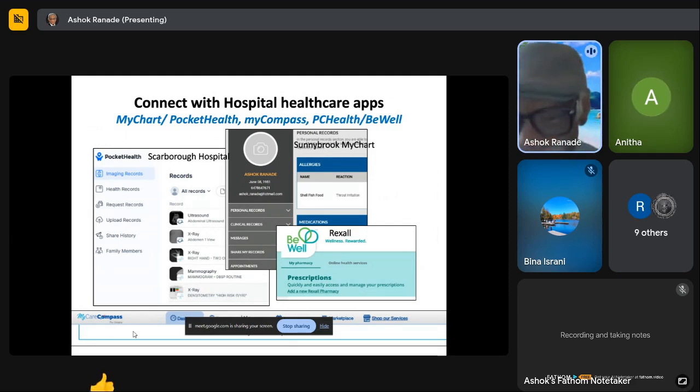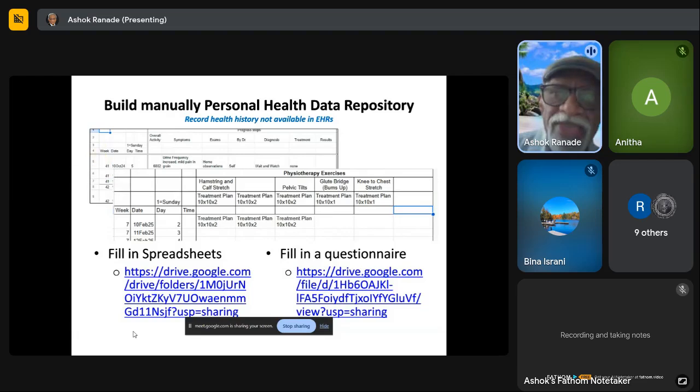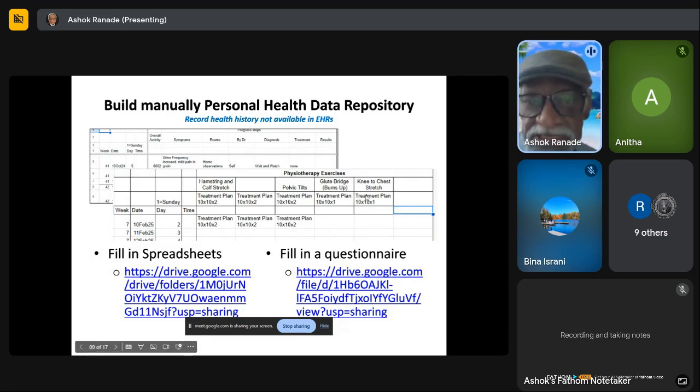Okay, then this is the next part, where you provide manually personal health information which is not available from the sources where you downloaded data. One is you can create these spreadsheets, and the formats for these spreadsheets I'm sharing with you. So if you would go to the repository for which I have given you the links,